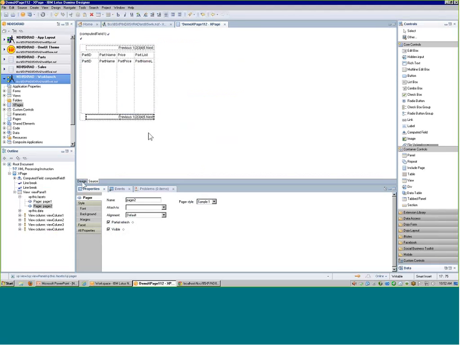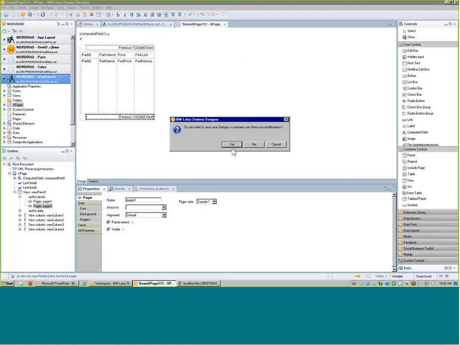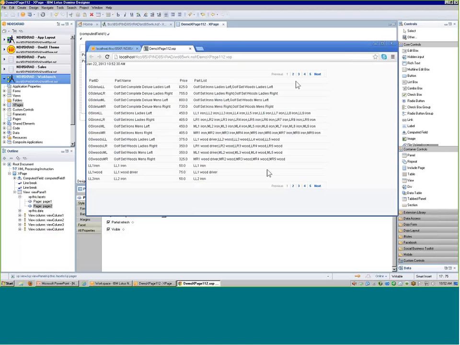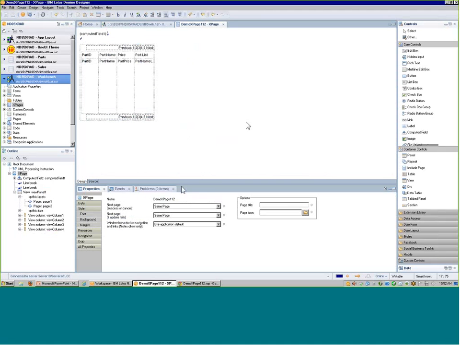And if I take a look at that in Design, I now have my second pager control in the footer, and I can preview that. And now I see two pagers. Now, with my new understanding of facets, what I should be able to do is take this computed field control, which is right now out of my view design, above it, and move it into one of these facet areas. So let me try that. I'm going to try to move that into the footer facet. So to do that,